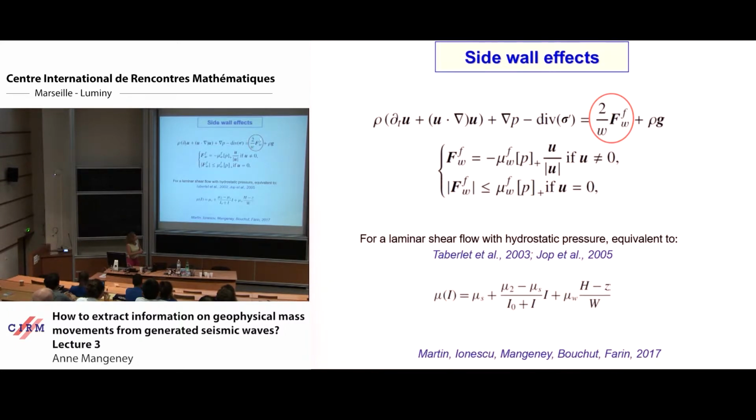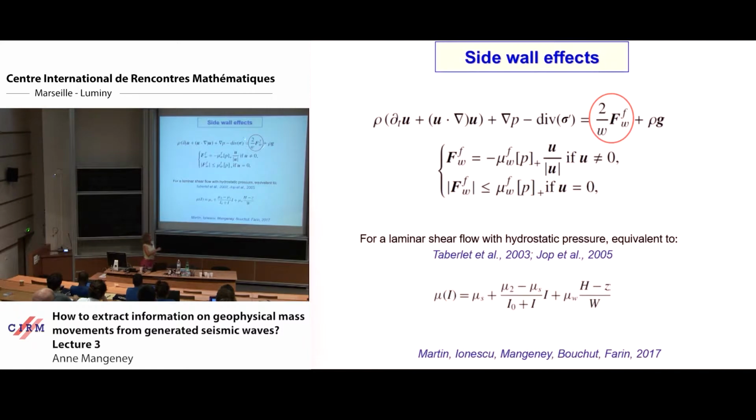And so this friction term, this friction force, also obeys a Coulomb type friction law, where mu W is the friction between the grains and the wall, and P is the pressure, the normal stress. So if you add these terms that also follow a yield stress condition, meaning that if you have high friction on the wall, then the material stops also. So you have to be above a certain threshold to make the material flow.